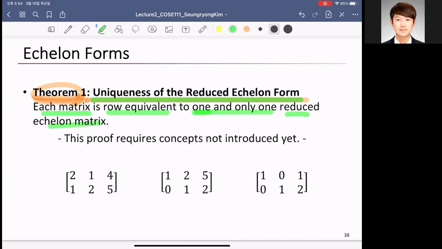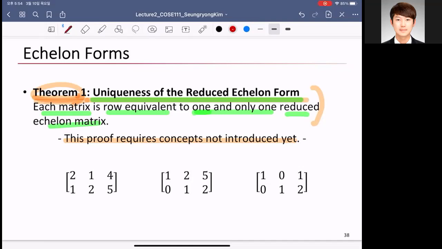Okay. Unfortunately, this proof requires concept not introduced yet, so we can't prove yet. So here, just remember, just memorize. 사실 첫 번째 theorem에도 불구하고 우리는 이걸 증명을 못해요. 아직 우리가 배우지 않은 컨셉들로 증명을 해야 되기 때문에 일단 첫 번째는 우리가 이해를 하고,